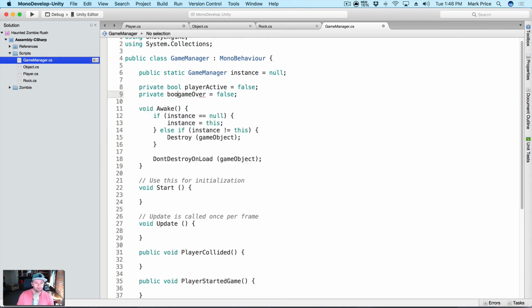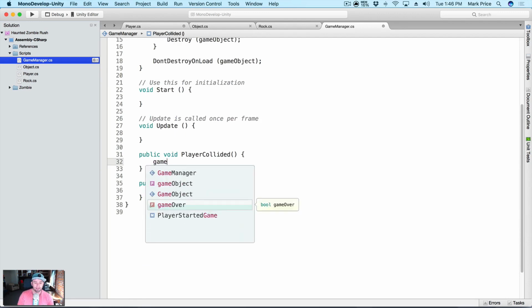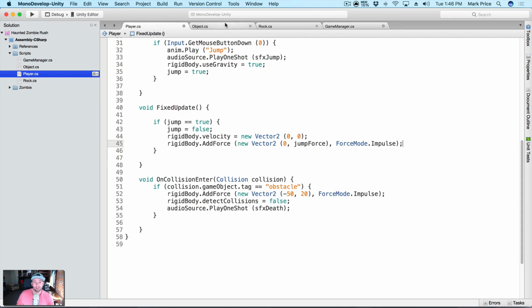Private bool game over. Okay, so if the player did collide, now we could say game over equals true. Now, in the future, let's say that this logic changed. Maybe we have to make sure there's a certain score. Maybe we have to make sure that this event and that event hasn't happened, and we can add to this code. If we didn't have this code here and we were doing it here, we'd have to be changing all